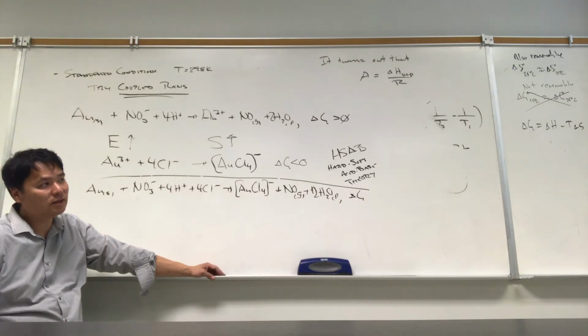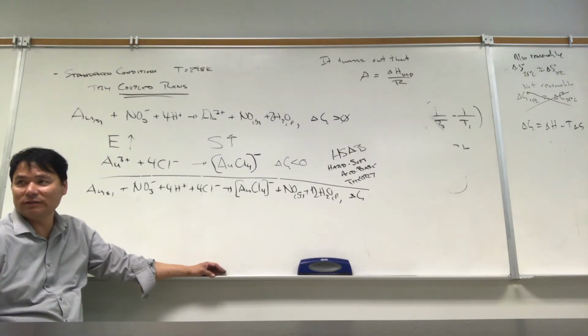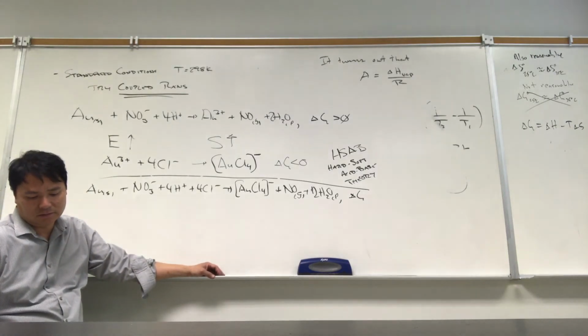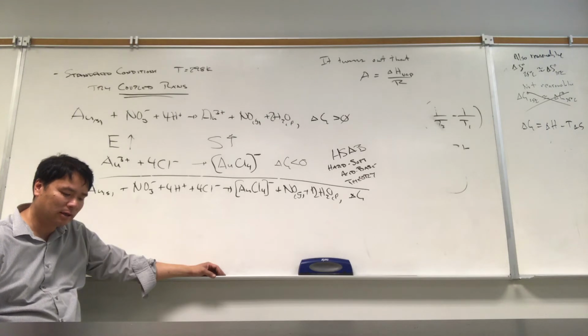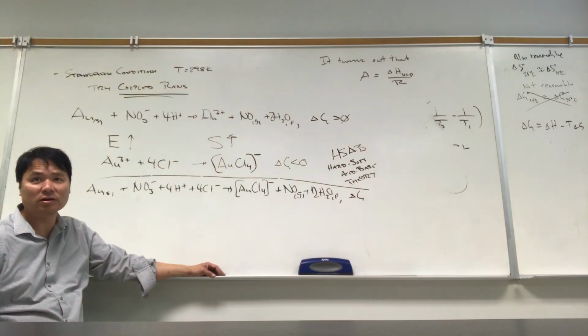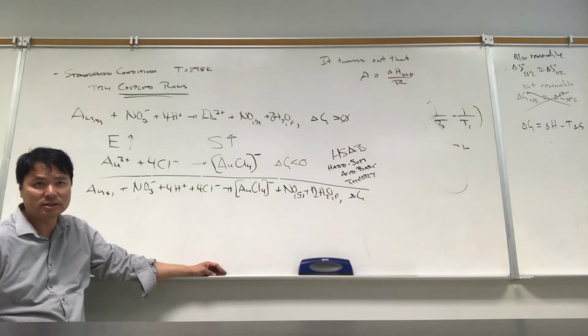Sulfide's very reactive, and sulfide could work here. Sulfide's probably the best because sulfide's soft, gold is soft. And so sulfide's probably very good, but in general, if you didn't know soft, hard, acid-base theory, you would say